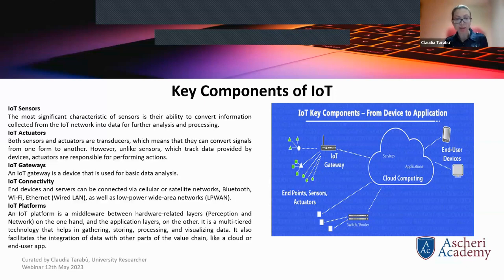Another element of this arrangement is the IoT gateway. The IoT gateway is a simple device that is used for a basic form of data analysis. The fourth factor of the IoT structure is the IoT connectivity, very important in this whole technological arrangement. End devices, so the final point of this structure, electronic devices, and servers can be